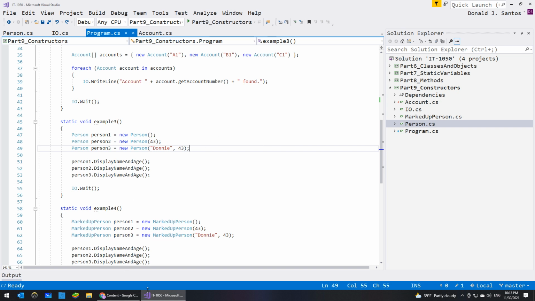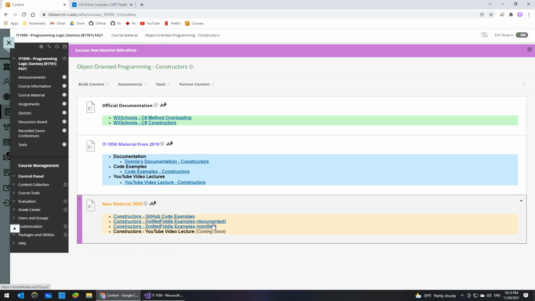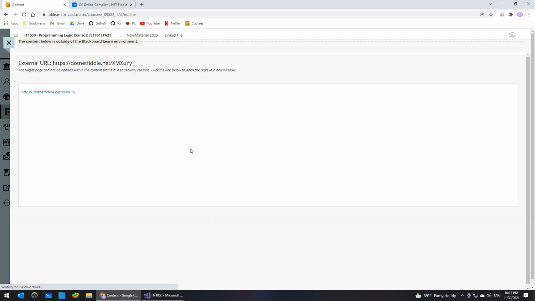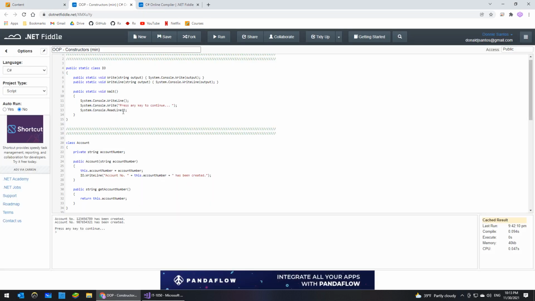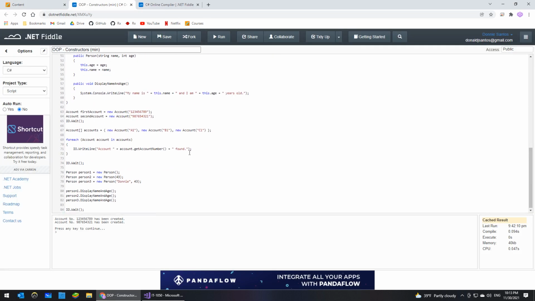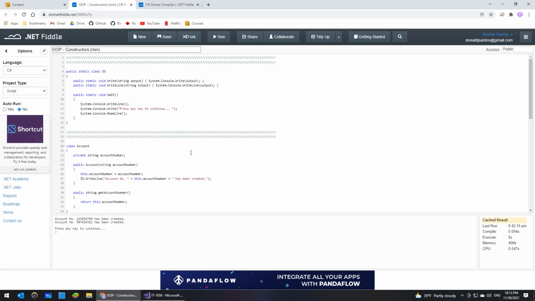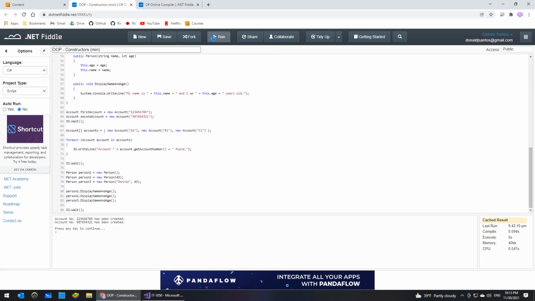The .NET Fiddle code looks similar. I'll show you the minified version just because it doesn't have any comments. Looks a lot prettier. So believe it or not, this is all the code that we just went over. It's all right there. And if you run it,